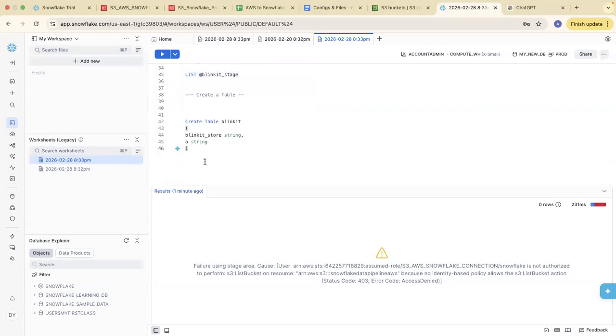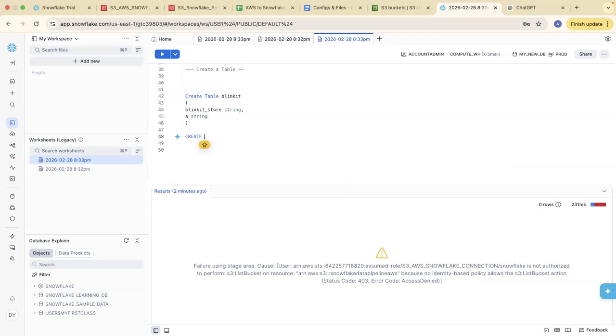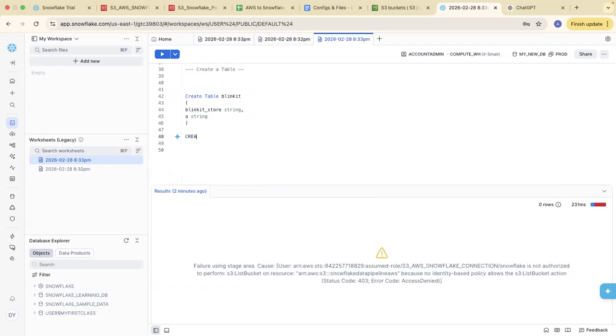Once I have created the whole structure, the final thing that I have to do here is copy this data into my Blinkit table. So I will write a copy command: copy into Blinkit, the table that we have created, and I will write from where?